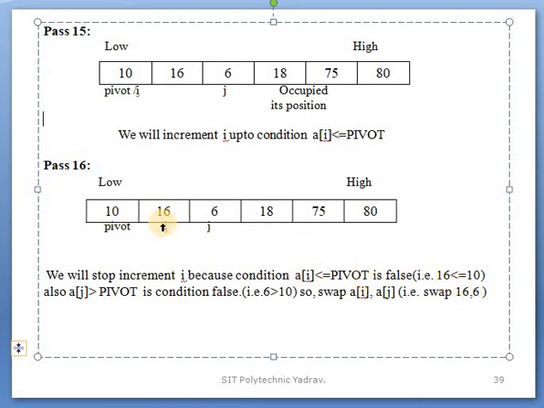Also a of j greater than pi is false, that is 6 is greater than 10 is not true, so we also stop the decrement of j. So swap a of I and a of j, that is 16 and 6 are swapped.